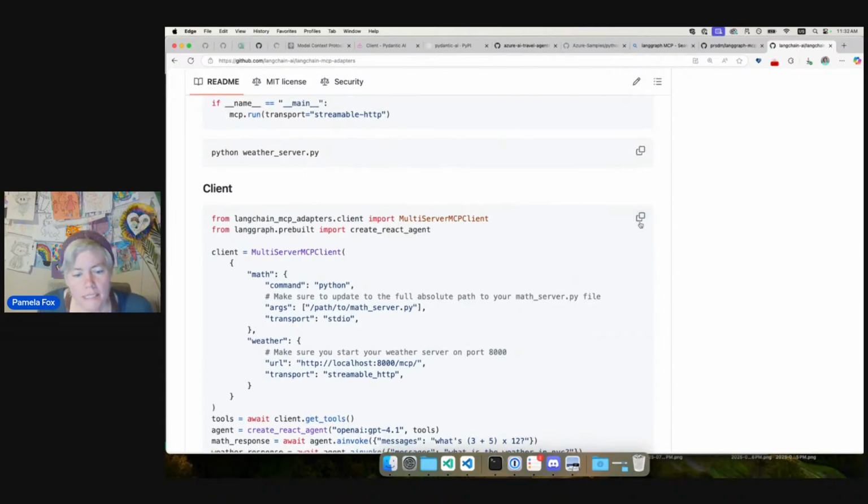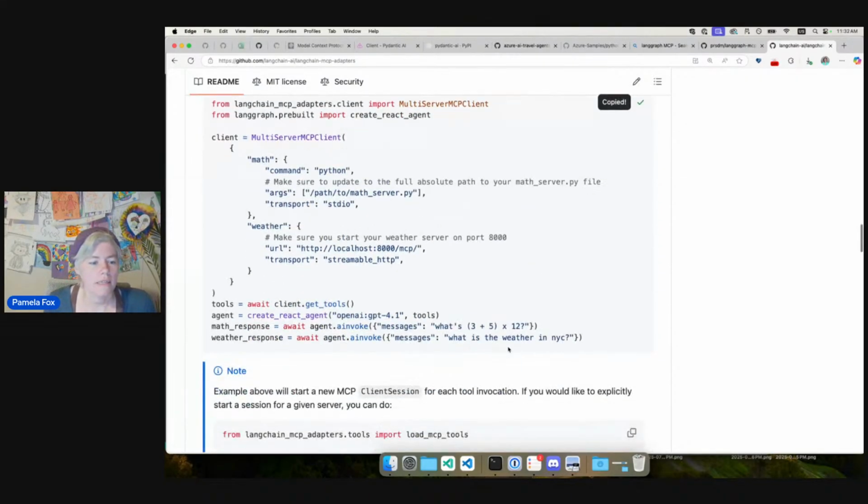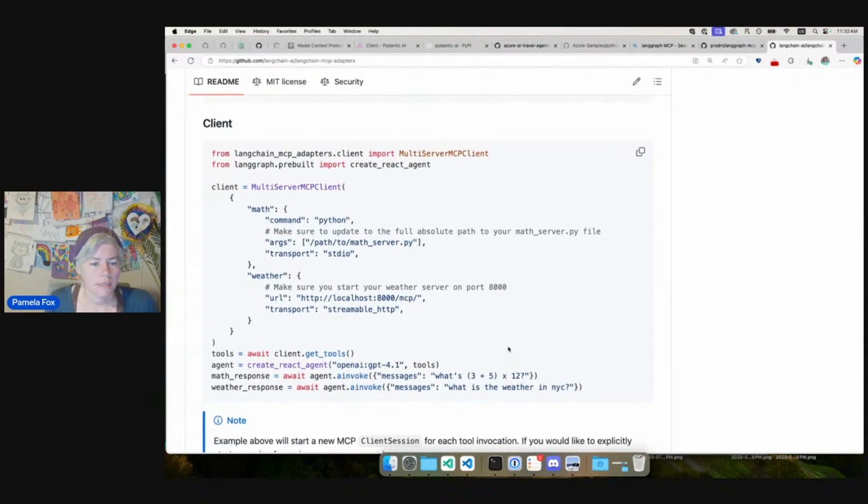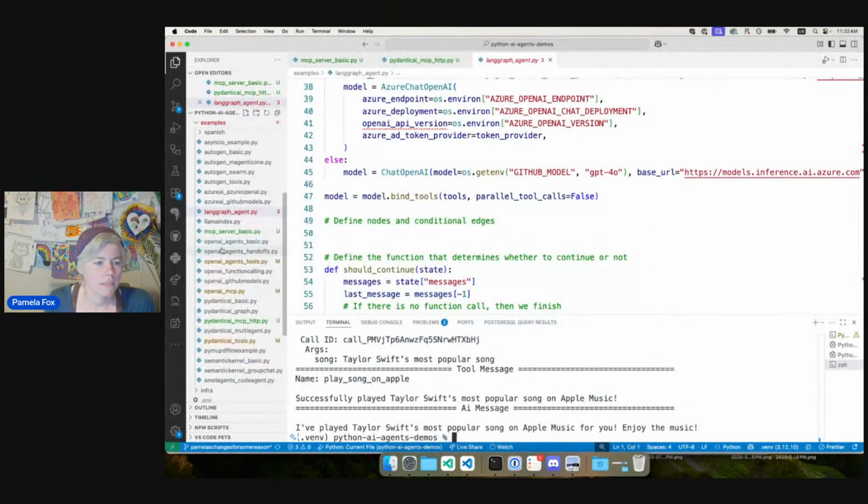Let's just go and try this example. I'll just make a new file for that. Let's copy the current LangGraph one into a new one, LangGraph slash MCP